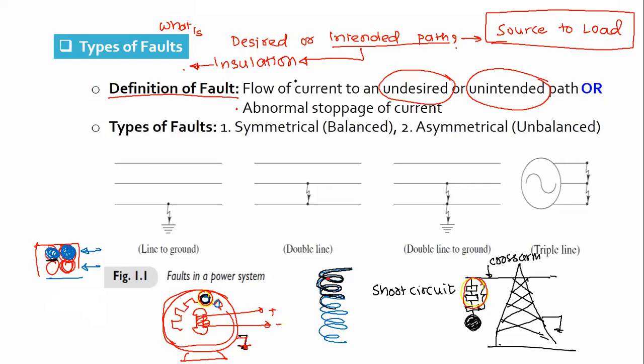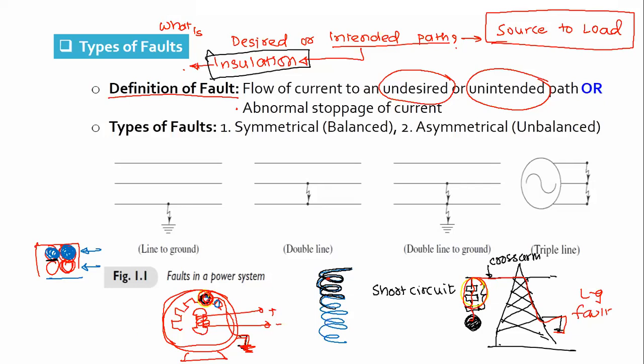Okay, so when the insulation in the system fails, current is diverted to another path. Let's say here, if this insulator string starts conducting, what will happen? Now current will flow from the conductor through the insulator disc to ground, because this tower is grounded. So it is a line to ground fault. Likewise here, if the insulation fails between the phase conductor and the core, the current will flow through the body of the machine to ground.